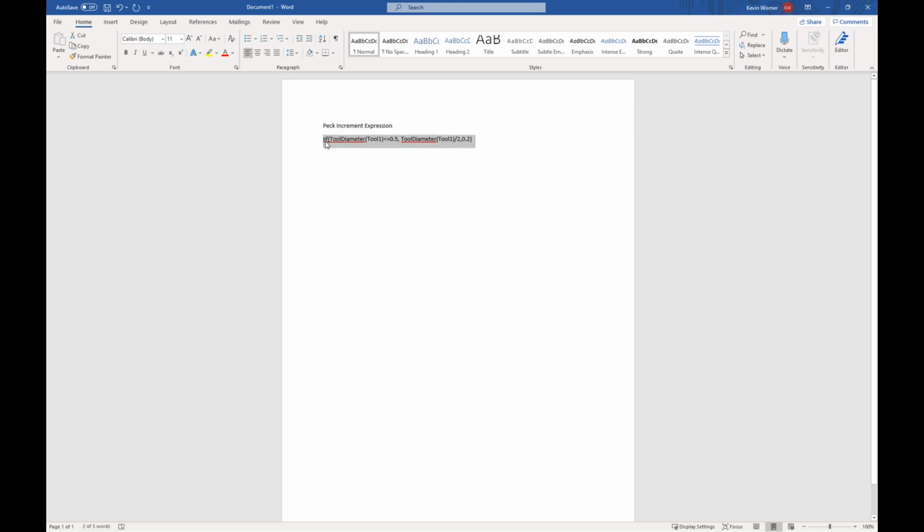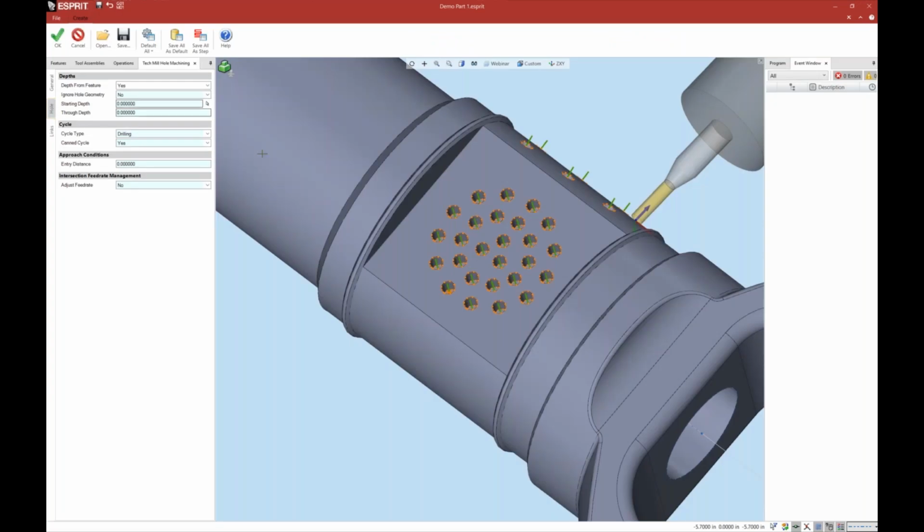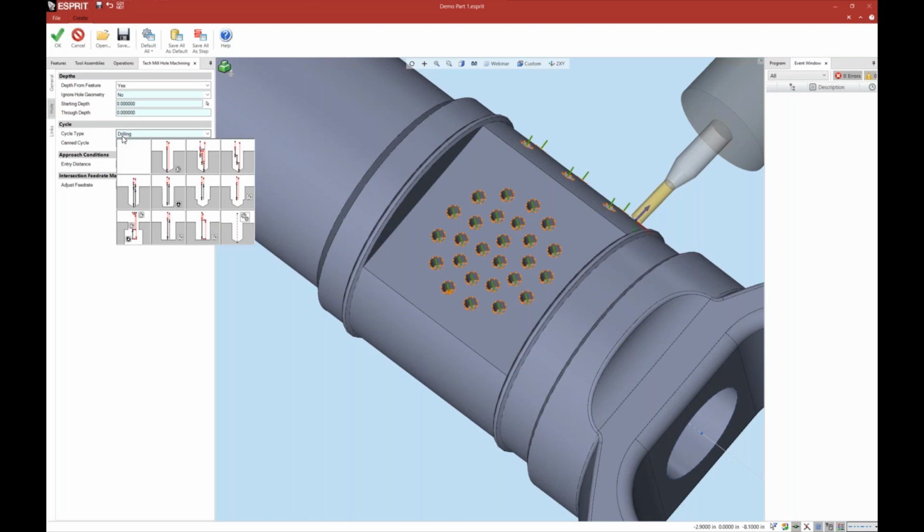So what this expression is doing is it's analyzing the tool diameter, and it says if my tool diameter is less than a 1/2 inch, then it's going to divide that tool diameter by 2 and use that as my PEC increment. And if it is not less than or equal to a 1/2 inch, it's just going to use a 0.2 inch PEC increment. So if I go back to Esprit, cycle type, I'm going to change it to drilling